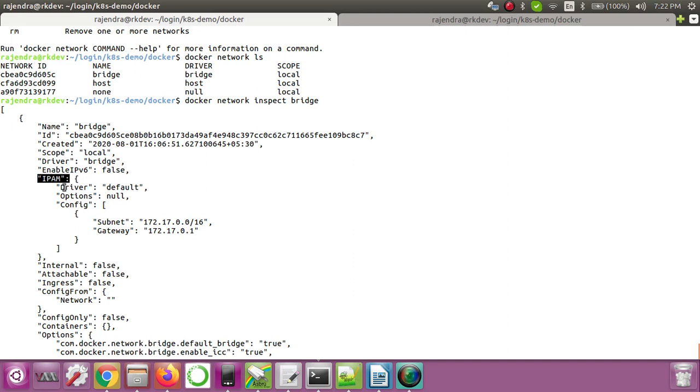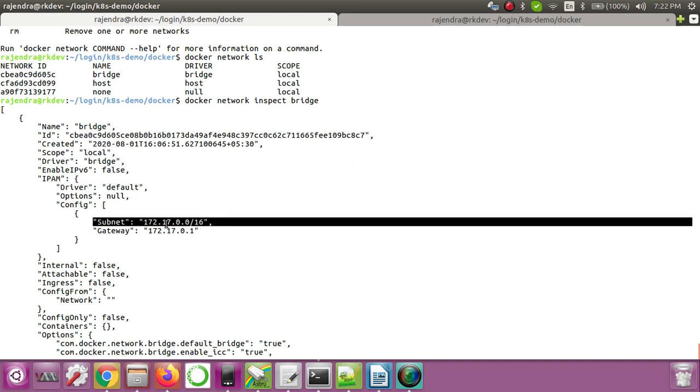So this is using the default IPAM driver, options null, config, and the subnet that got assigned is 172.17.0.0. This is the default subnet that gets assigned when you create a bridge. If you want to change this, we can definitely change it. We'll see how we can change it. And then the gateway is the first IP of your network.